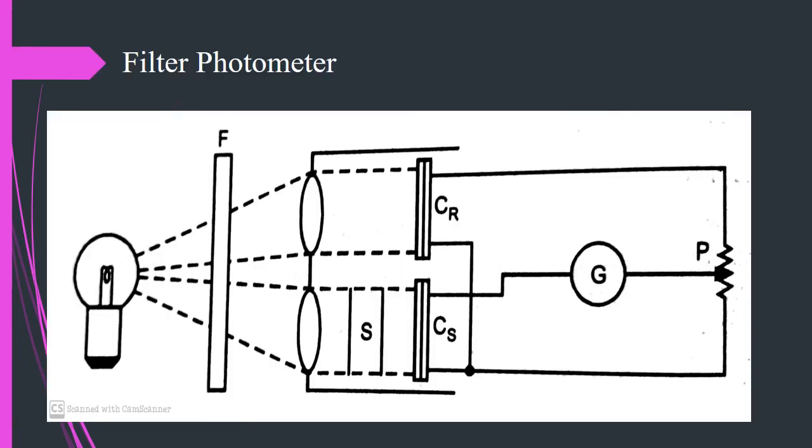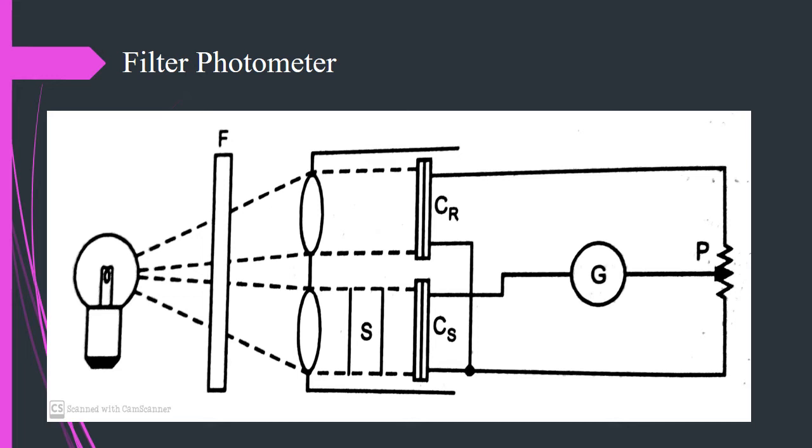The first type is going to be the filter photometer. Here we can see the diagram of the same. This one is used to measure the transmittance. The light from a halogen lamp is incident on a filter F. Then it transmits only a suitable wavelength range at which the measurement is performed. The divergent transmitted light gets converted into 2 parallel beams. If you see here, we have the 2 parallel beams. One beam falls on a reference selenium photoelectric cell, which is CR, and the other beam falls on a selenium photoelectric cell CS after passing through the sample, which is given as S.